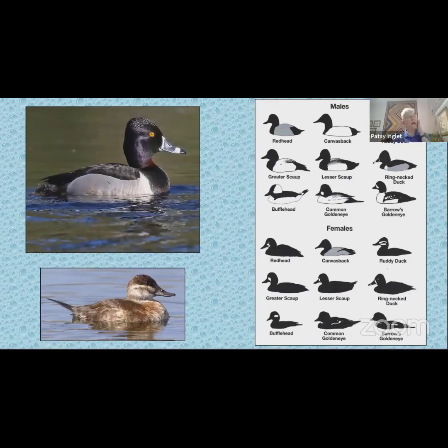Got a little light, but then it's got a little dark streak in the middle of that. I vote it's a female ruddy duck. Bingo. And so see, once you get into this thing of looking for the white and really studying the birds,